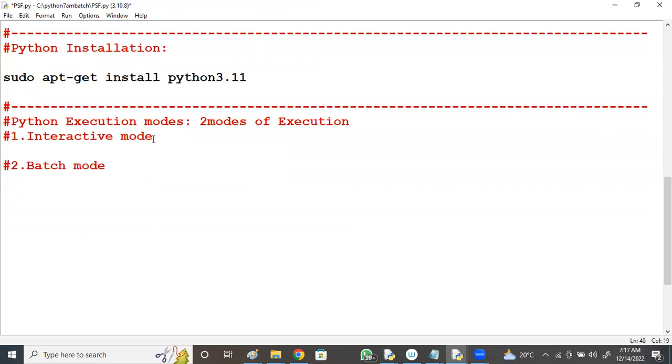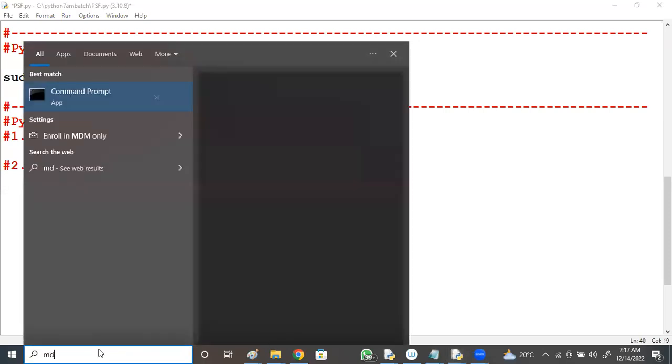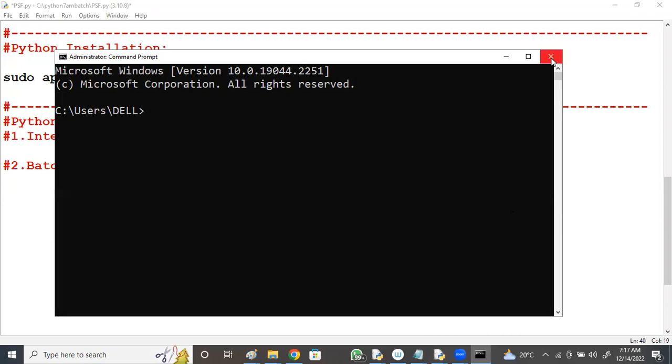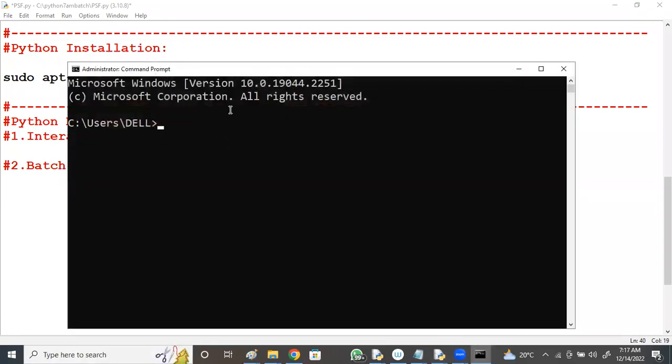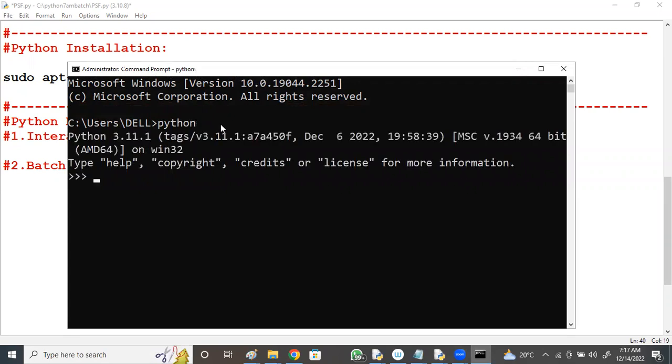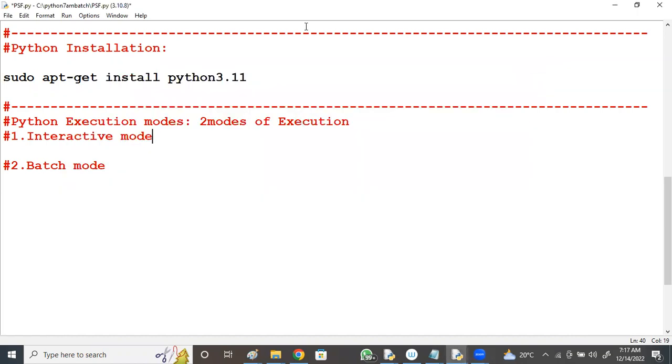Interactive mode, we can see within the command prompt. Just open the command prompt by typing cmd in the bottom search panel and pressing enter. You will go to the command prompt, and you just type python and you can interact with Python statement by statement here. For example, x as 10, y as 3, x value, y value, x plus y, x minus 5. In this way, statement by statement, you can interact with Python. This feature we won't see in other programming languages.